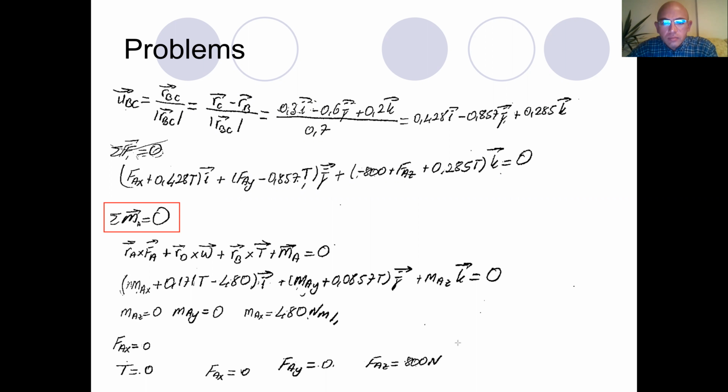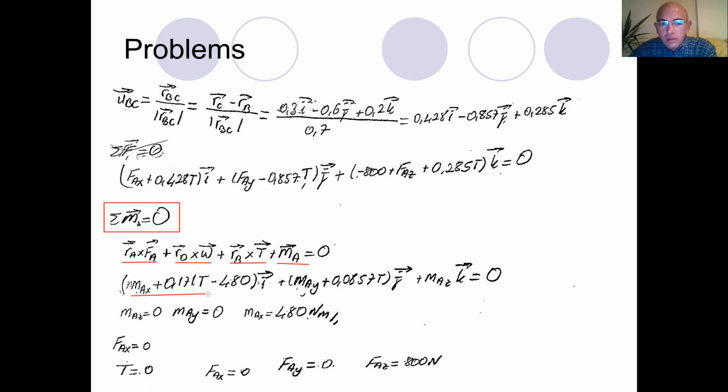So RA vector product FA. This is the moment generated by FA, plus RD vector product W. This is the moment generated by the weight. RB multiplied by tension is the moment generated by the tensile force coming from the cable, plus the reaction moment at the junction A. So if we do the operations, what we are going to get is MAX plus